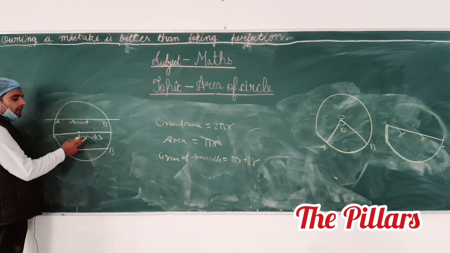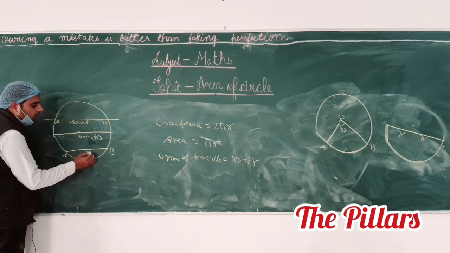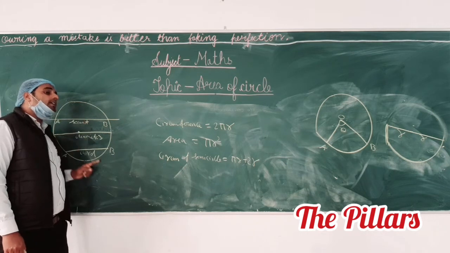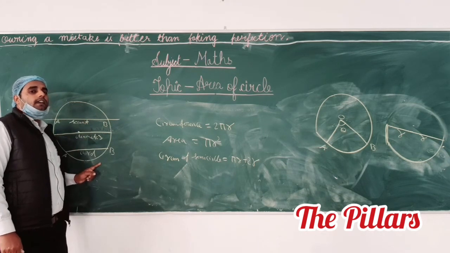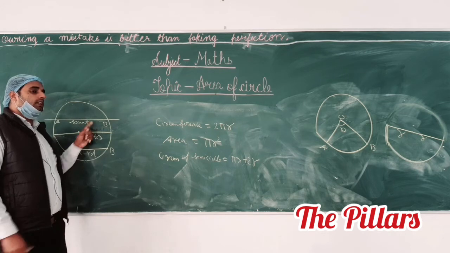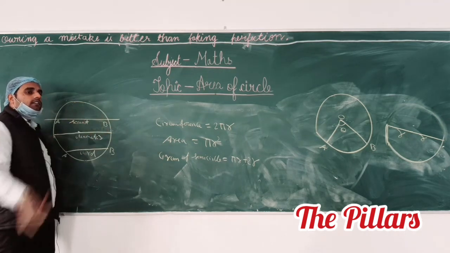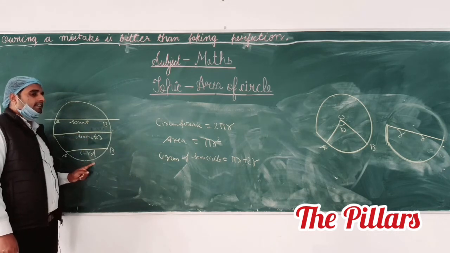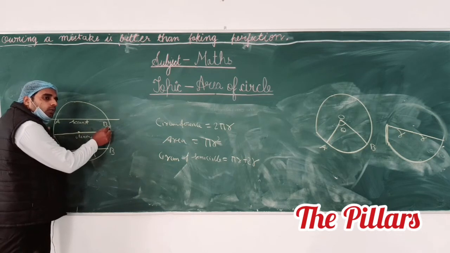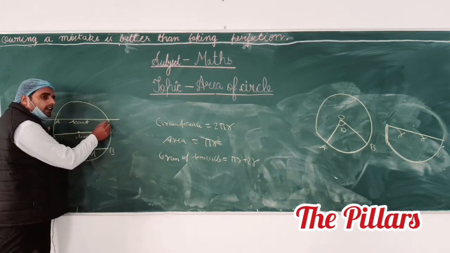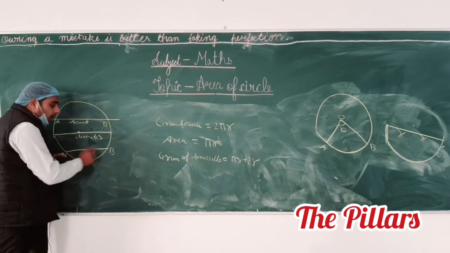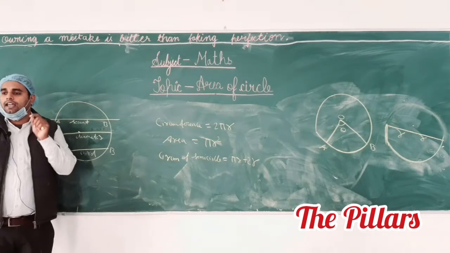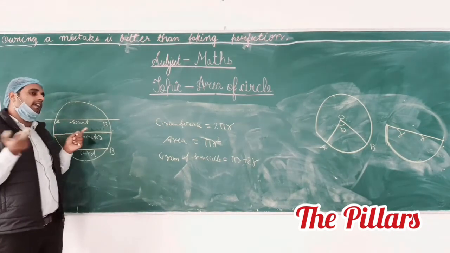What is secant? What is diameter? What is the chord? And what is the difference between chord and secant? A secant may be a chord, but a chord never is a secant. If we fix the length of the secant, this is a chord, but a chord will never be a secant. A chord has finite length, but a secant is an infinite line.